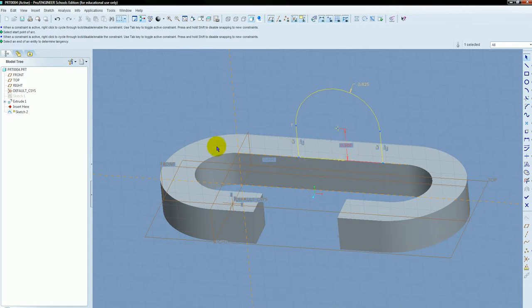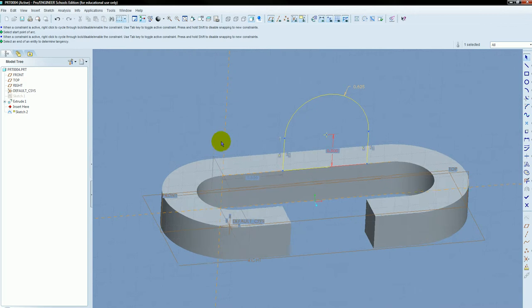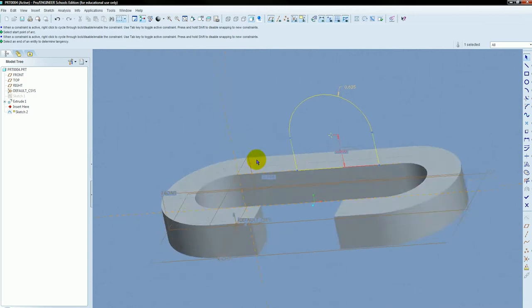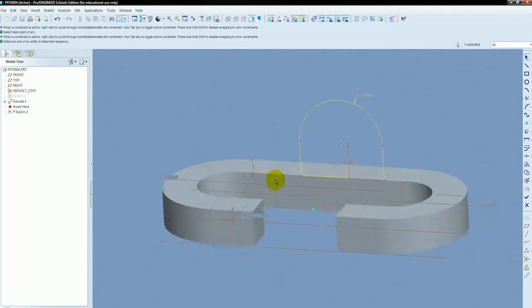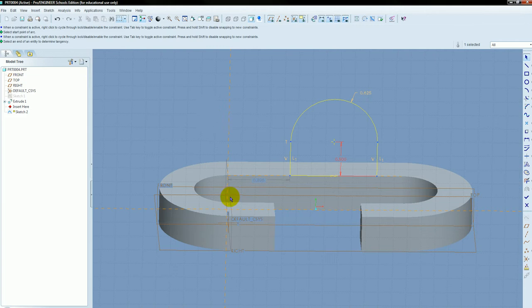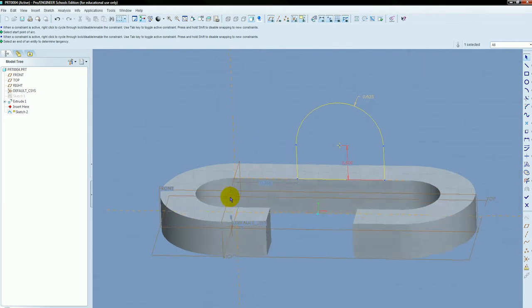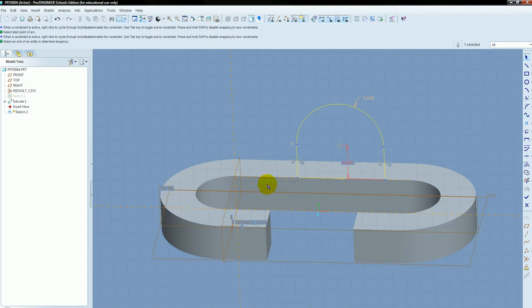And then we need a distance that locates this thing to the left or to the right, depending on where it's actually going to sit. So what I'm going to do is I'm going to orbit around, and I see that I do have an axis here. And the reason I have that axis is because I started this thing on this plane, the default plane. So the weak dimension that it's showing me to the edge of this piece,